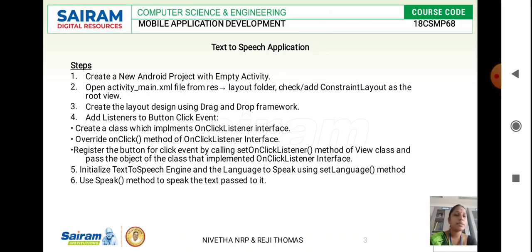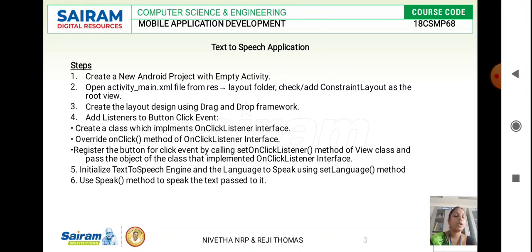Okay, the third step is creating the layout design using the drag and drop framework. We are going to use the button, so by default we are going to use the drag and drop framework since we are going to use the buttons over it. Since the button has been used, we add the listeners to the button click event.